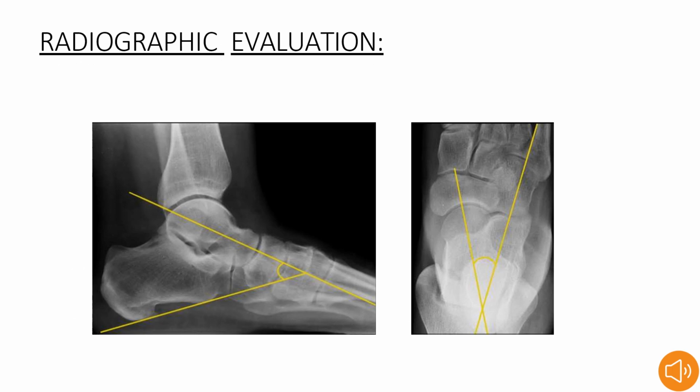Now we look into the talocalcaneal angle, also known as Kite's angle. On the AP view, the first line is drawn through the center of the long axis of the talus, which is parallel to its medial border. The second line is drawn through the long axis of the calcaneum. Normally, the angle is 25 to 40 degrees. This angle will likely increase in CTEV. On the lateral view, the first line is drawn through the midpoint of the head and body of the talus. The second line is drawn through the bottom of the calcaneum. Normally, this angle is 35 to 50 degrees. It will be decreased in CTEV.